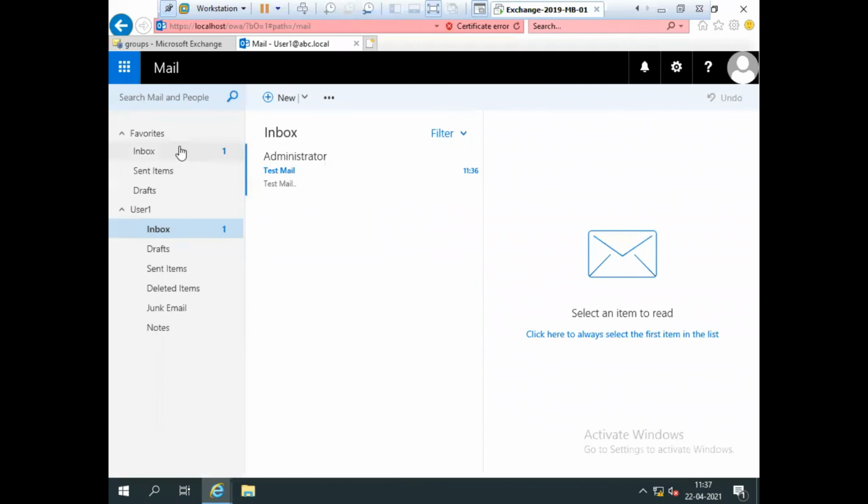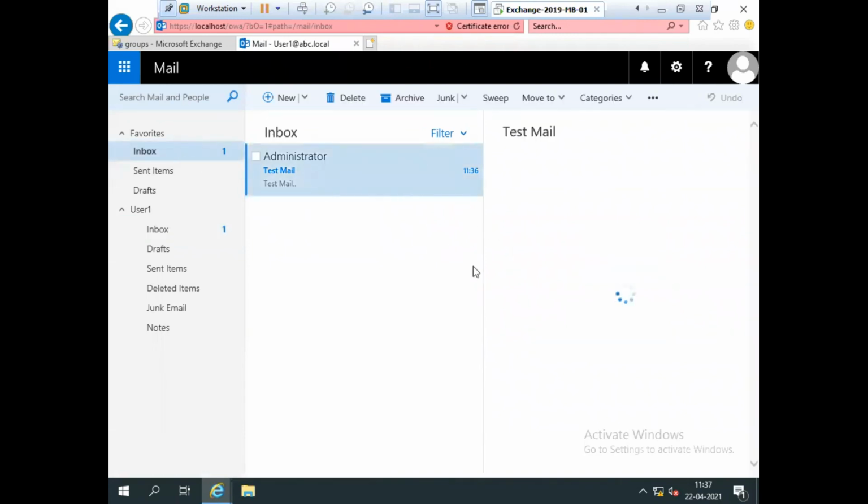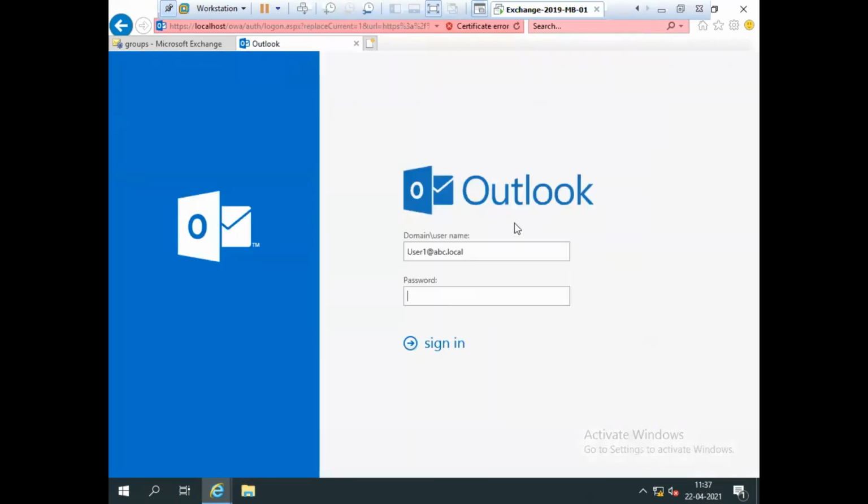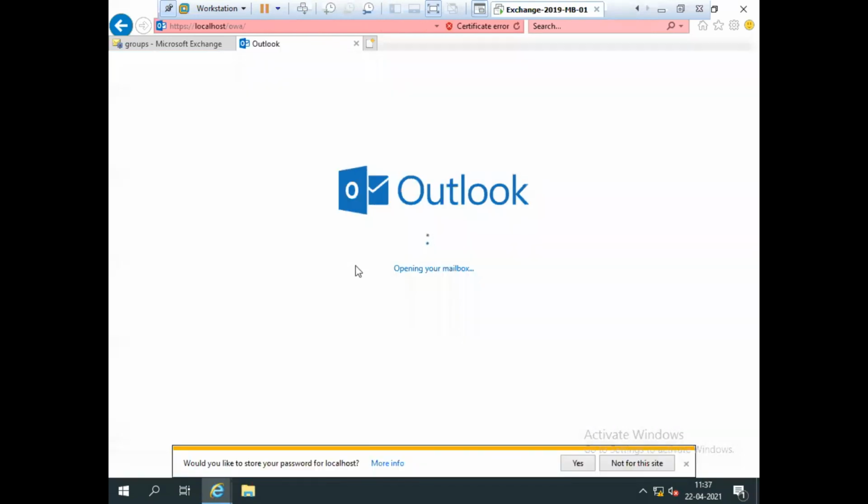As you can see, the test mail is received by user1, because user1 is added in that group. Even user2 also received the same mail. If I sign out and log in with user2 as well, user2 also received the same administrator test mail. Let's check once.